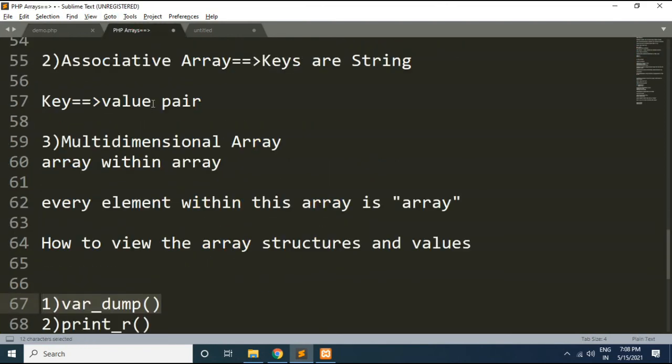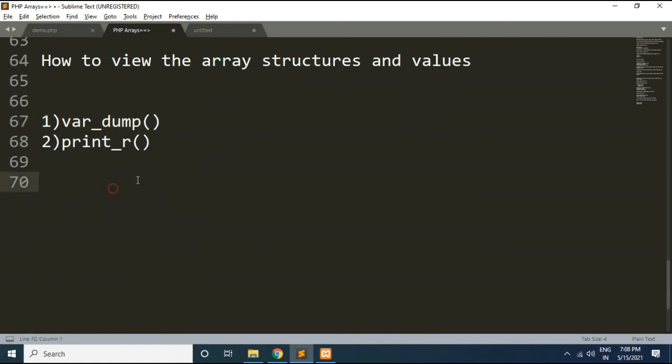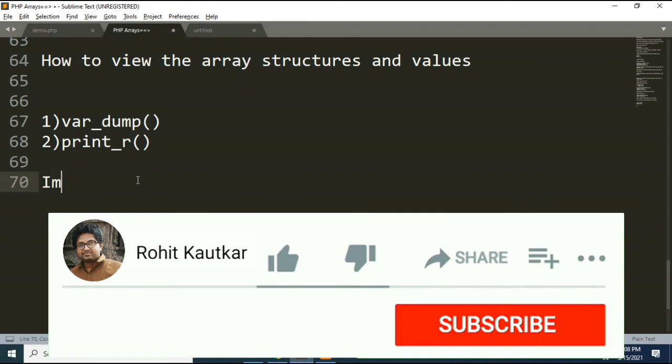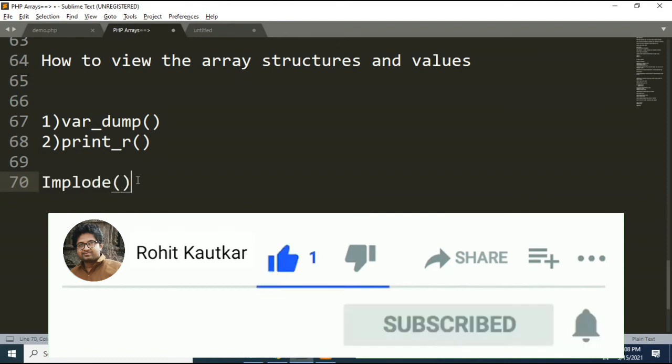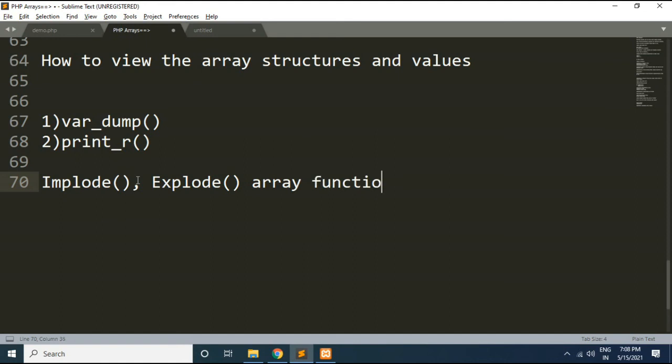Okay, the next important functions we will try to understand are the implode and explode array functions. These are 2 important functions. Now what do these implode and explode functions do?